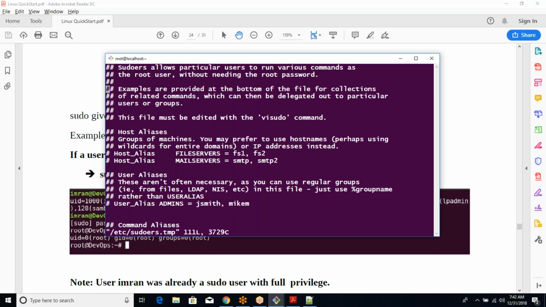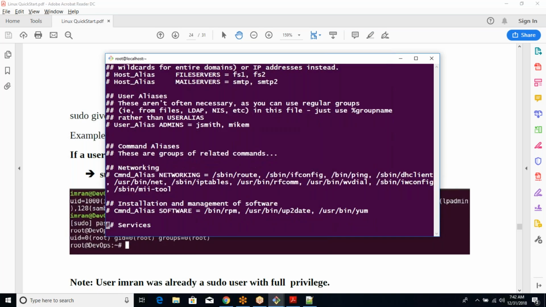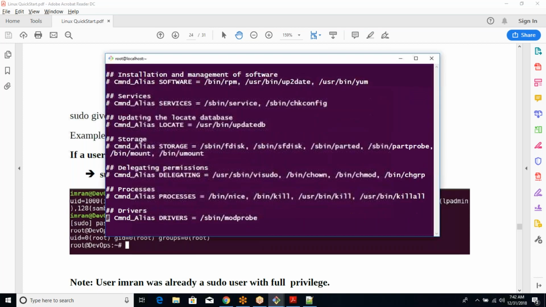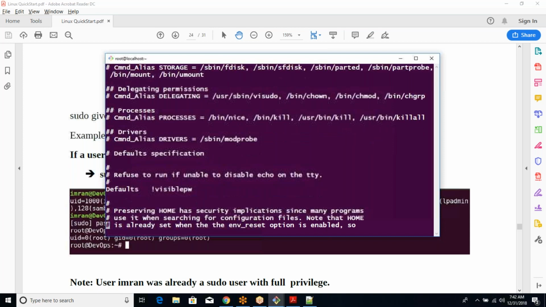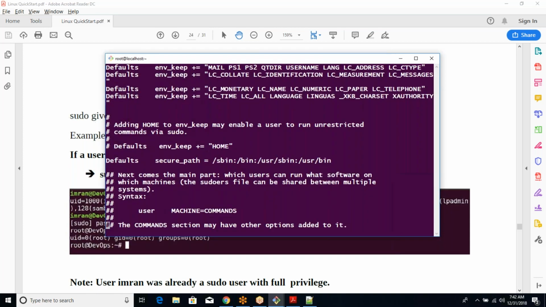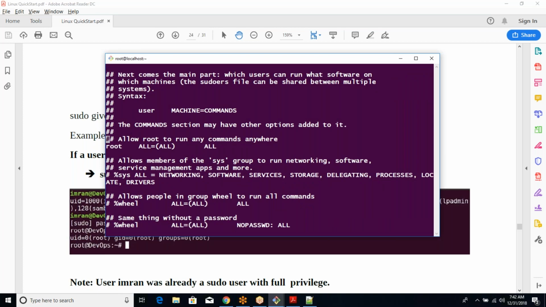So this file will have a lot of entries. Hash always represents comment in bash. Comment means that particular line is ignored by the bash interpreter. So you can give hash and you can write anything that you want. The bash interpreter will simply ignore it. So I'm looking for a setting for root user. Yeah, there, root user. So that's how you give sudo for the,